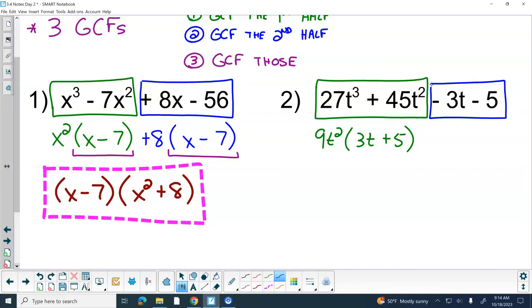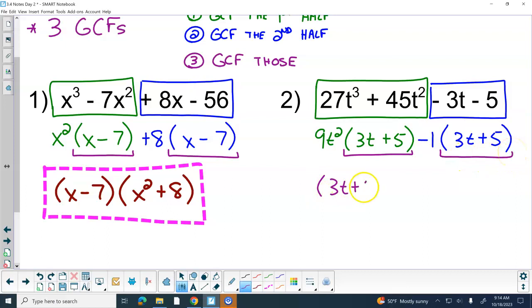And I'm going to go with negative 1 because that first sign is negative. Okay, so I got to factor out a negative 1. And then what's left over? 3t plus 5, because I also want those two parentheses to be the same. Okay? Both now have a 3t plus 5. And then that leaves me with